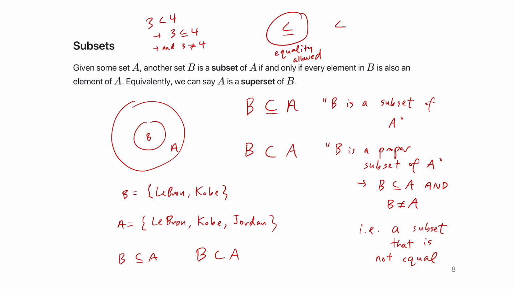It turns out we can also say every set is a subset of itself, right? Just like every number is less than or equal to itself, or greater than or equal to itself. Okay? Another quick variant on this, just before we move on, is that we can write the subset symbol the opposite way and say that it's a superset. The equivalent notation for the ones that I've just written would be to write A is a superset of B, and A is a proper superset of B. And that looks a little too much like a less than or equal to sign. And these are the superset ones.